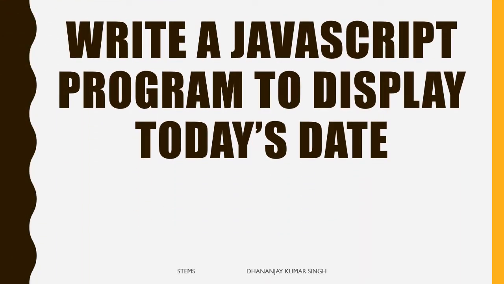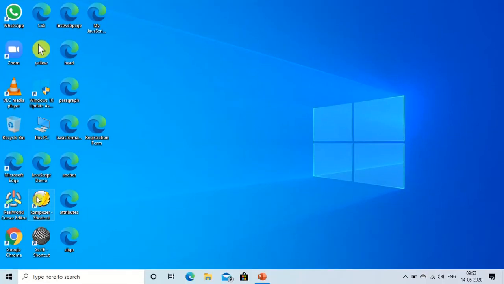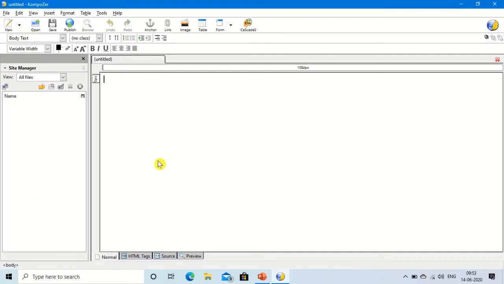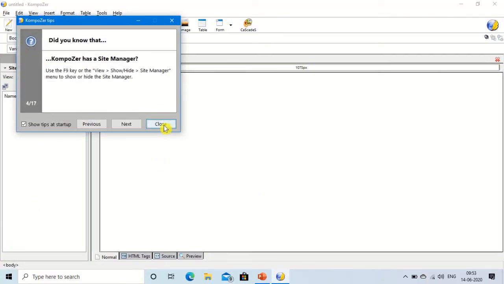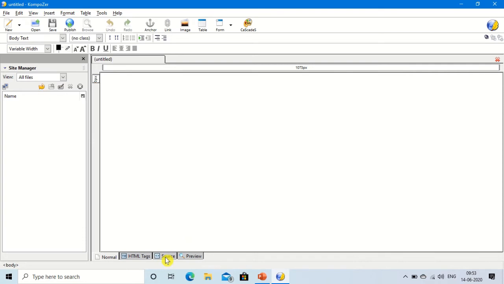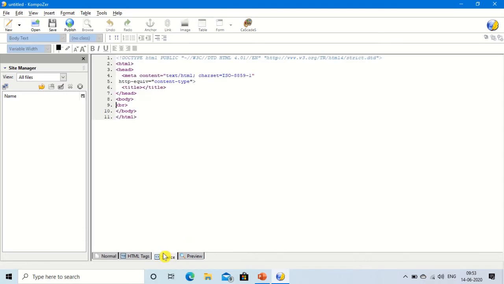Write a JavaScript program to display today's date. Open the composer, close this, go to the source code just by clicking on the source tab, and write the script first in between the opening and closing head tag. A script close.